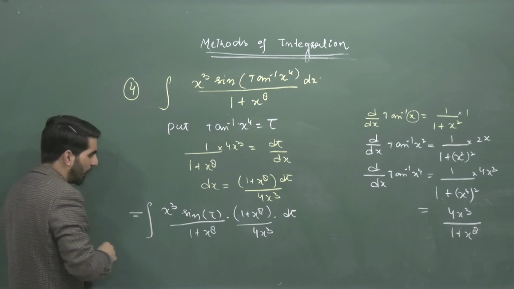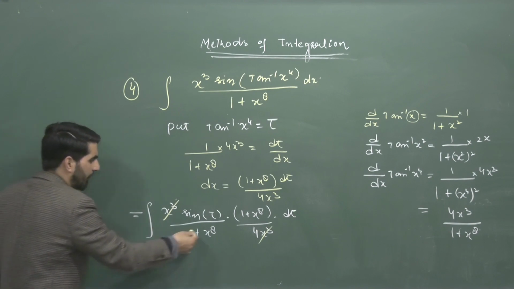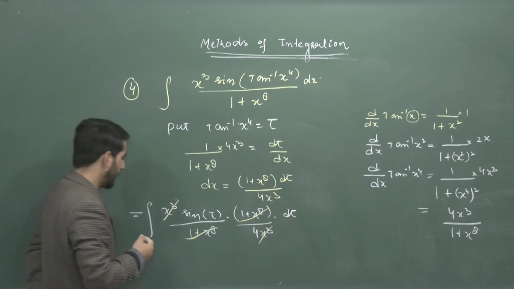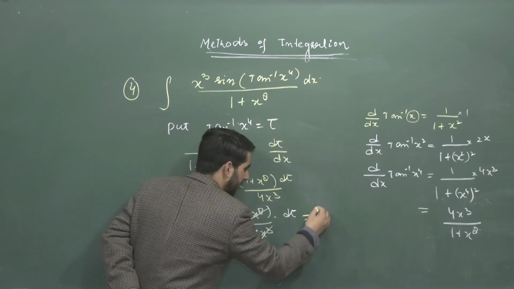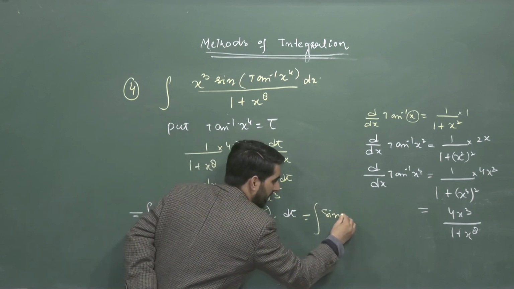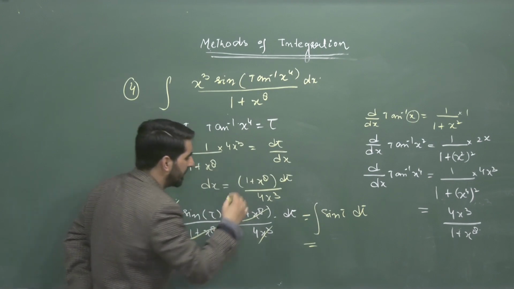So, 4x cube, x cube and x cube will be cancelled, and 1 plus x raised to power 8, 1 plus x raised to power 8 will be cancelled. What will we get? We get integration of sin t dt. So, integration of sin t is cos t